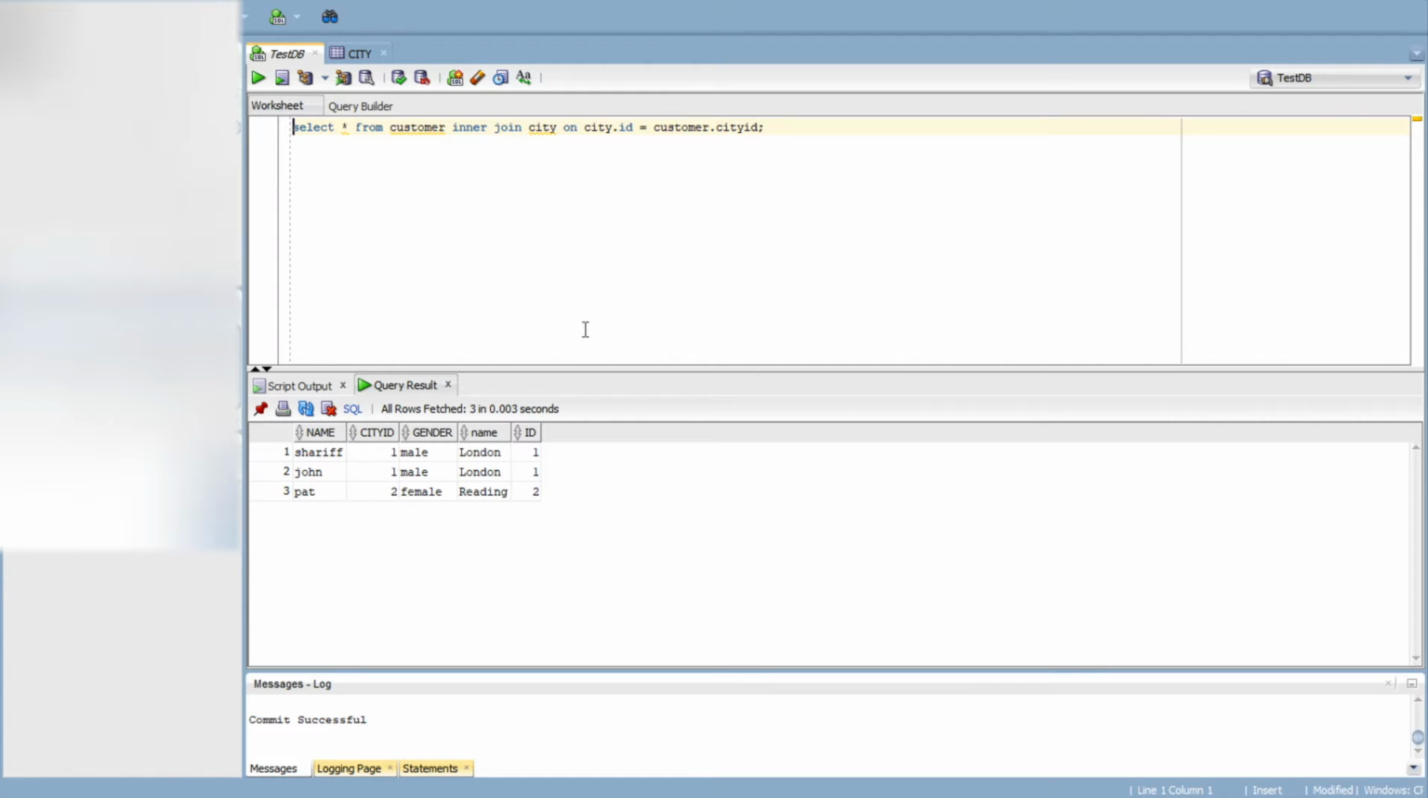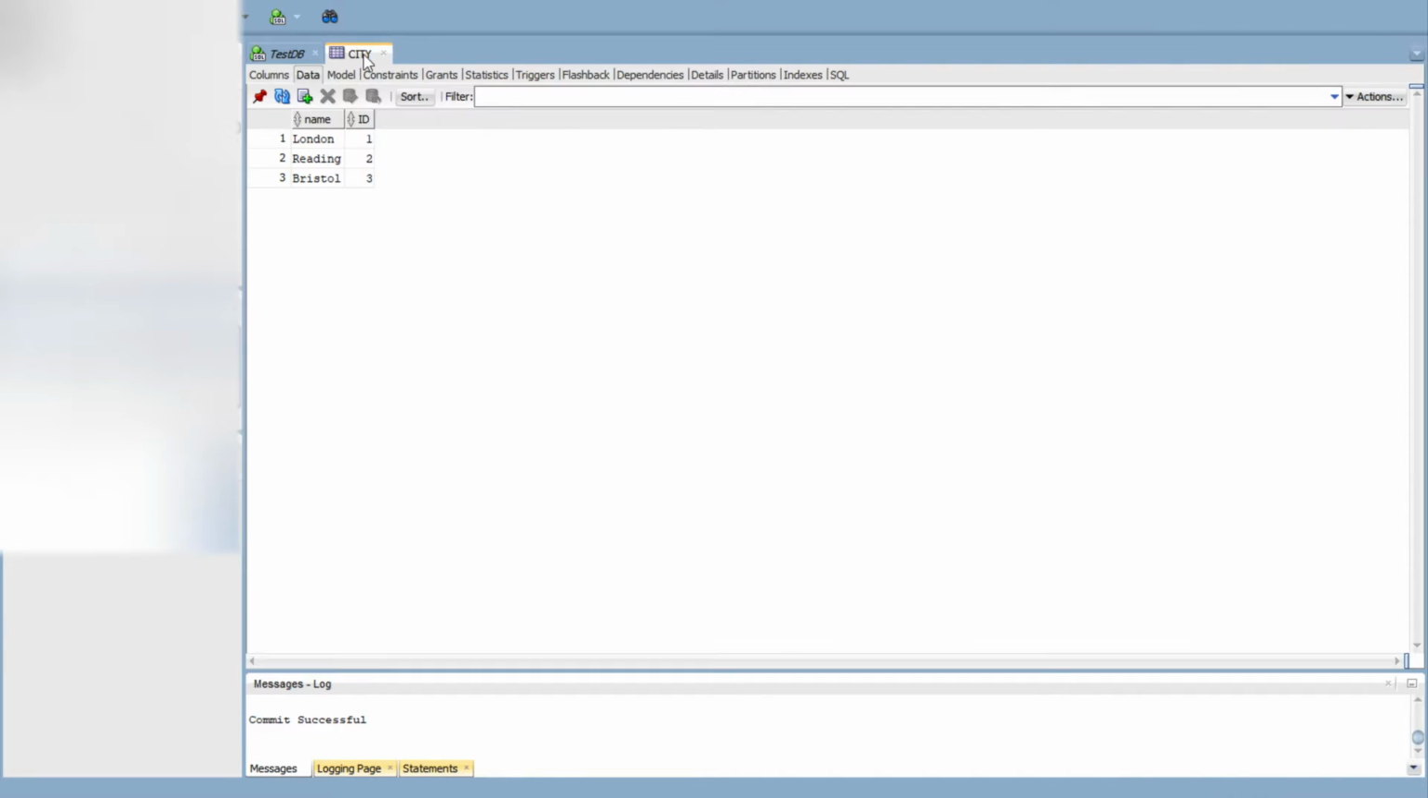Let me give you an example of what I was talking about. A lot of words there before. So let's see now. We have two tables here. One table is called city, and you can see the data there: London, Reading, Bristol, with the IDs there. And then we have another table called